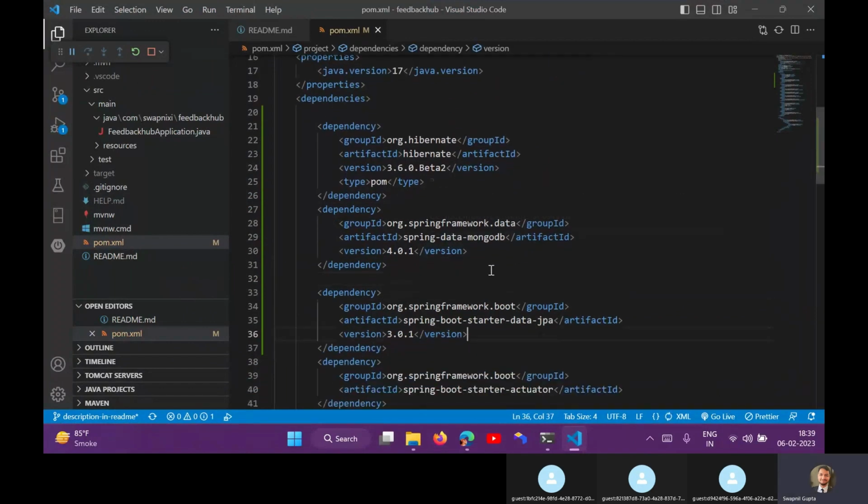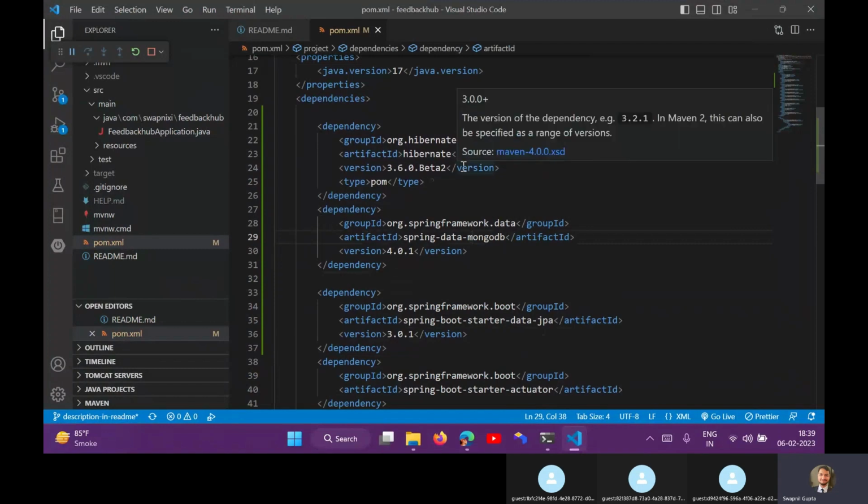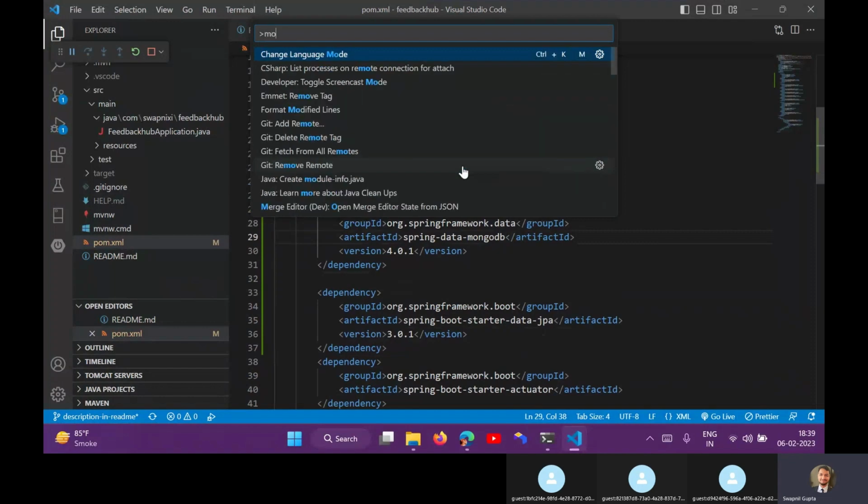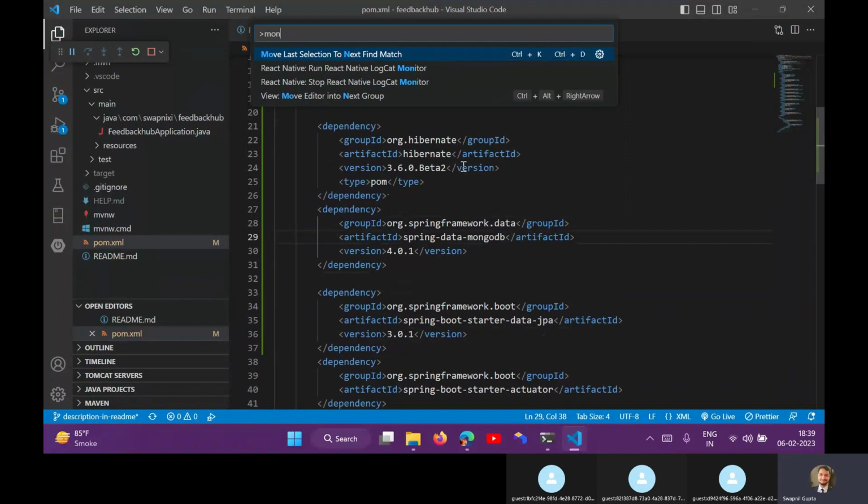So just by doing this, you have installed MongoDB in your application, right? Can you believe this is so fast? You just have to copy and paste this and you get started. So you can see how much simpler it is. Before that, if you wanted to connect in Java, you had to write lines of code and set up over here as well. But just by doing this, you have MongoDB in your application. You are ready to go with that.